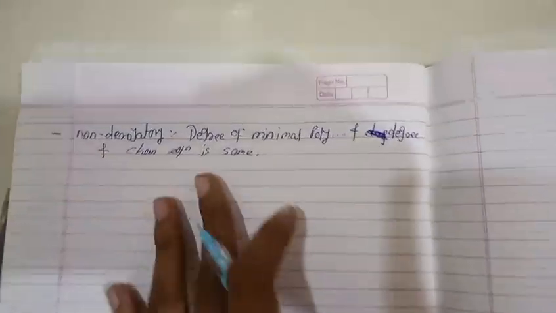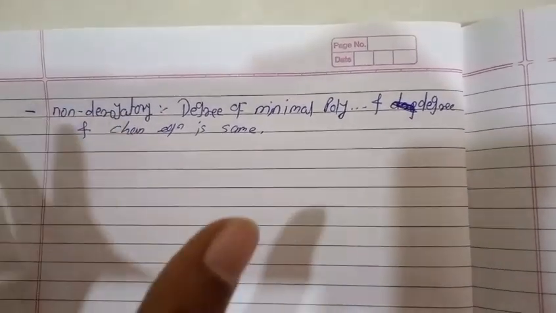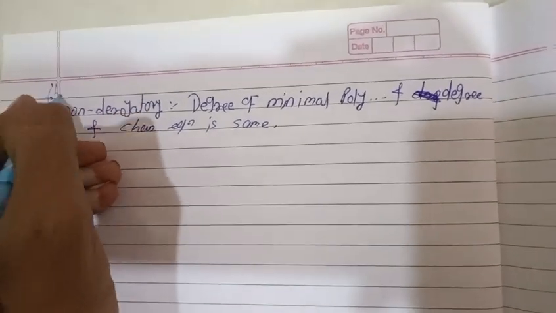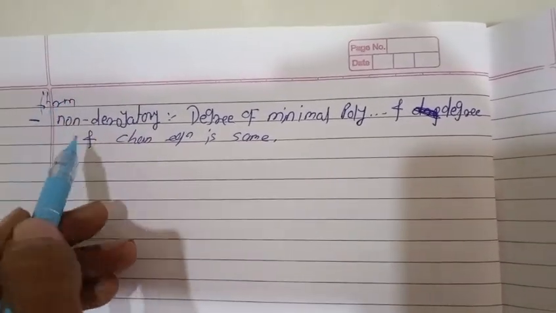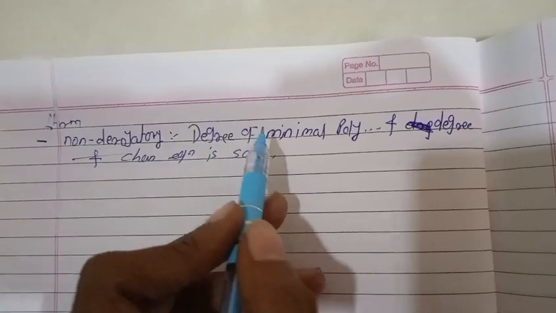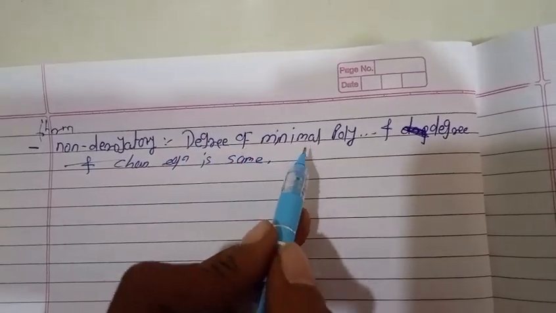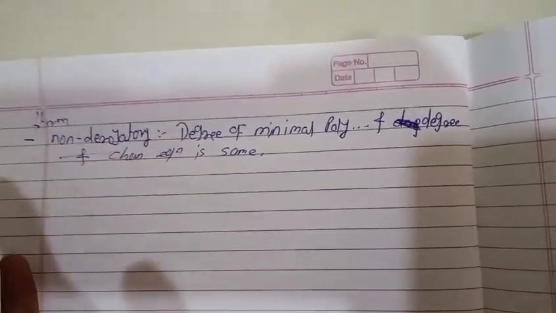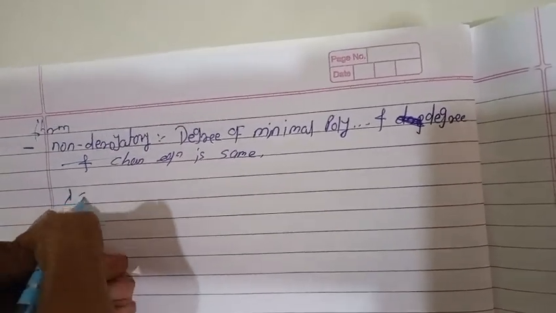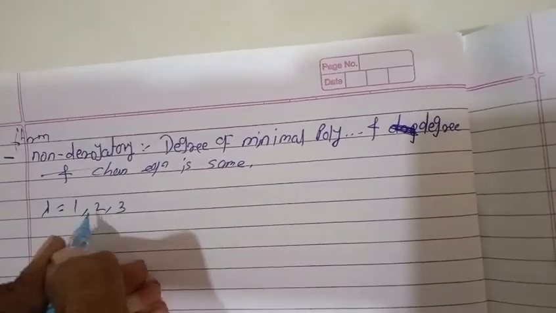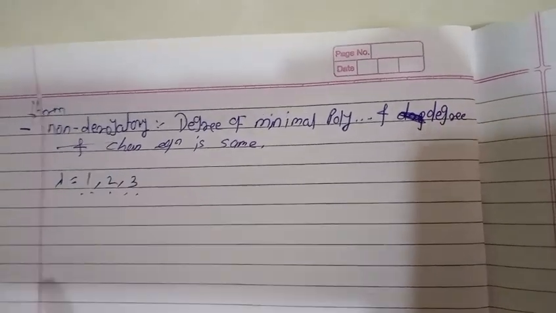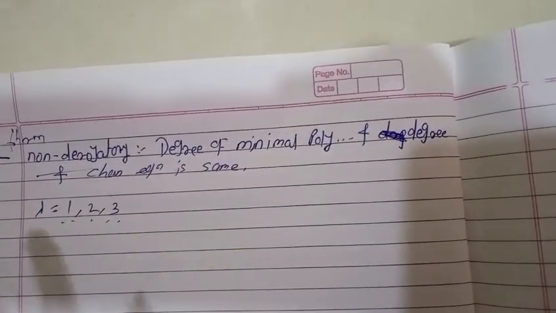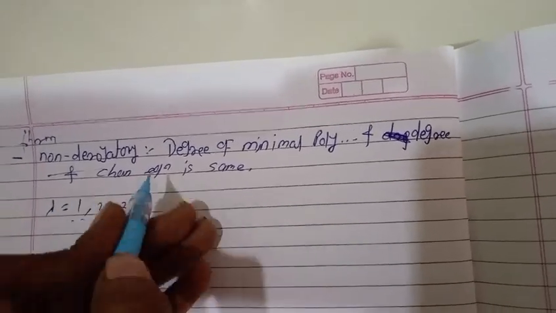First of all, an example means a mathematical example plus a theorem. Directly continue with a non-derogatory matrix. A non-derogatory matrix has the degree of the minimal polynomial equal to the degree of the characteristic equation. It means lambda has 1, 2, 3. It means the continuity equation follows a chain, continuing number-wise as a series. It means